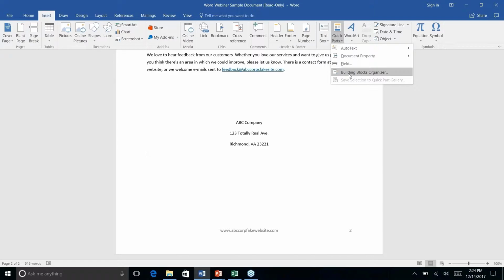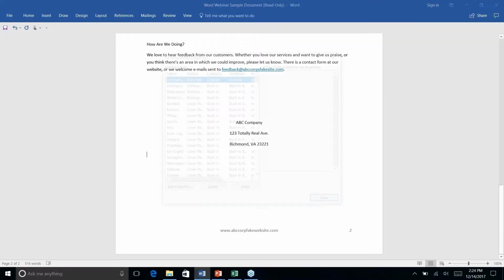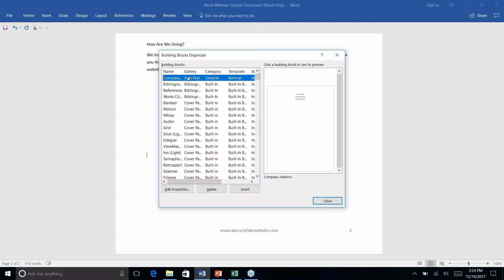Now, I did mention the building block. So that individual element is called a building block. That's what it's referred to. It's what Word has named it. So let's say that the company moves and you go to a new office, you open a new office, maybe you want to edit that. It is very nice that it